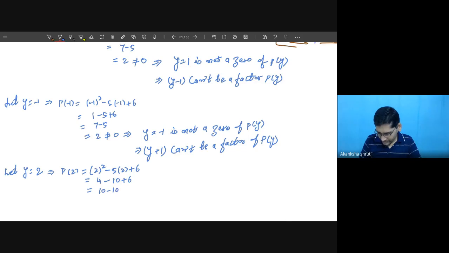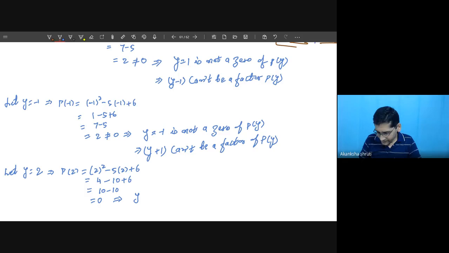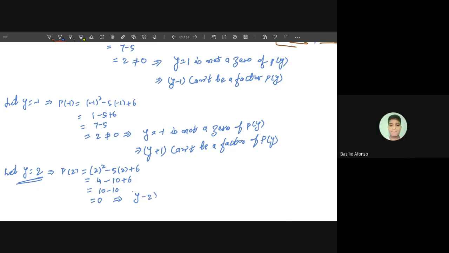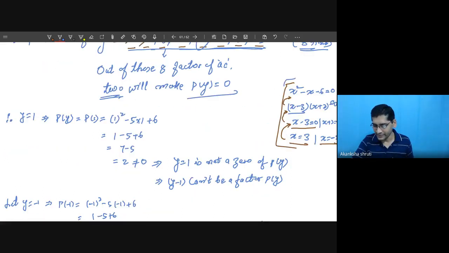Very good. So what does it mean? y minus 2 is a factor. Can I write it directly? Whatever this y equals 2 is, bring this 2 to the left-hand side. So y minus 2 is a factor of p of y. Okay, student, this way we have obtained one of the factors. But since it is a quadratic equation, it must have two factors. I have taken an example here for your illustration on the right-hand side.